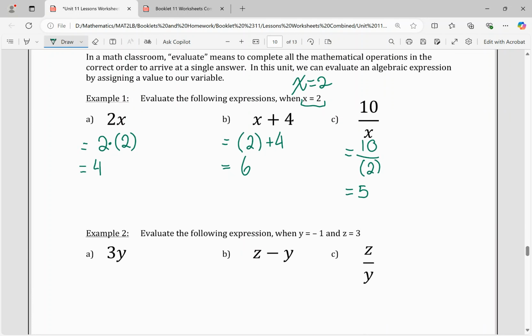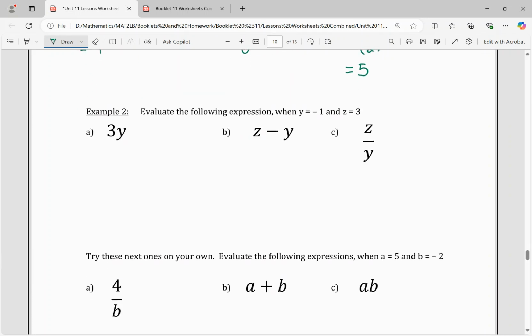Okay. In this next example, we're just going to make it a little bit more complicated. Here we have two potential variables. One is y, and if you see the variable y, replace it with -1 because y is equal to -1, as well as z, which is equal to 3. So if you see the variable z, replace it with 3. Now, question A doesn't have a z at all, so we don't need to worry about that. It is just 3 times y. Now, after substituting, that is 3 times -1,